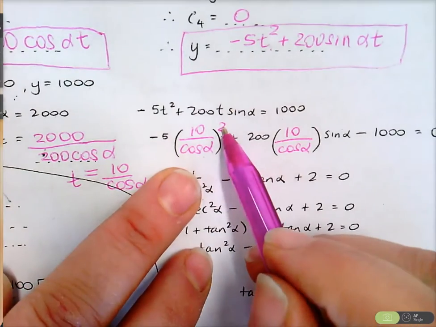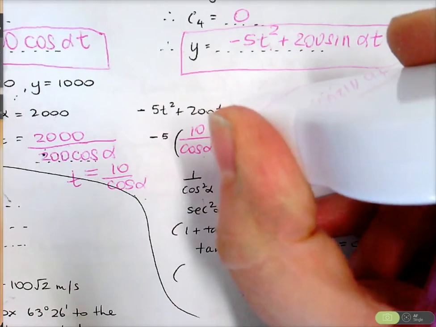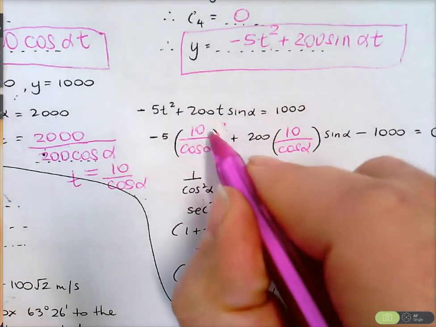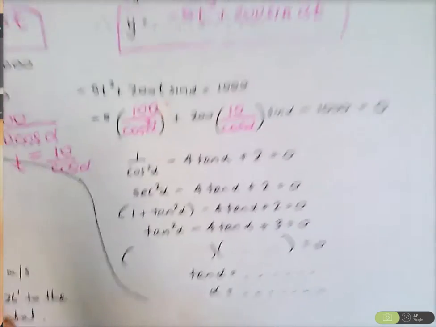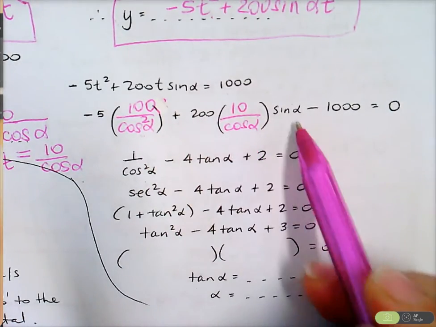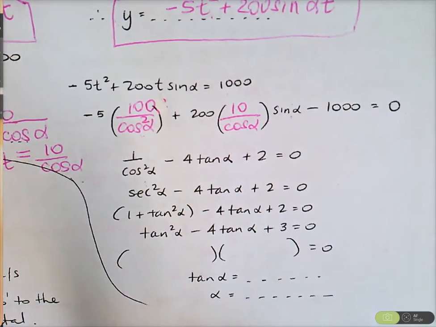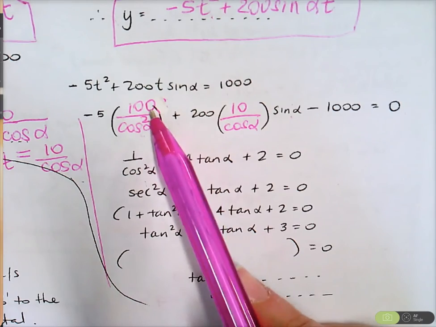Girls, instead of putting the squared here, can I fix exactly what it is? What would I write? Like the inside. Yeah, now what would it be? 100. 100 over cos squared alpha. Is that okay that I do it straight up? Negative 5t squared plus 200t sine alpha, bringing the 1,000 over here, minus 1,000 equals 0. We then end up with, girls, what's negative 5 times